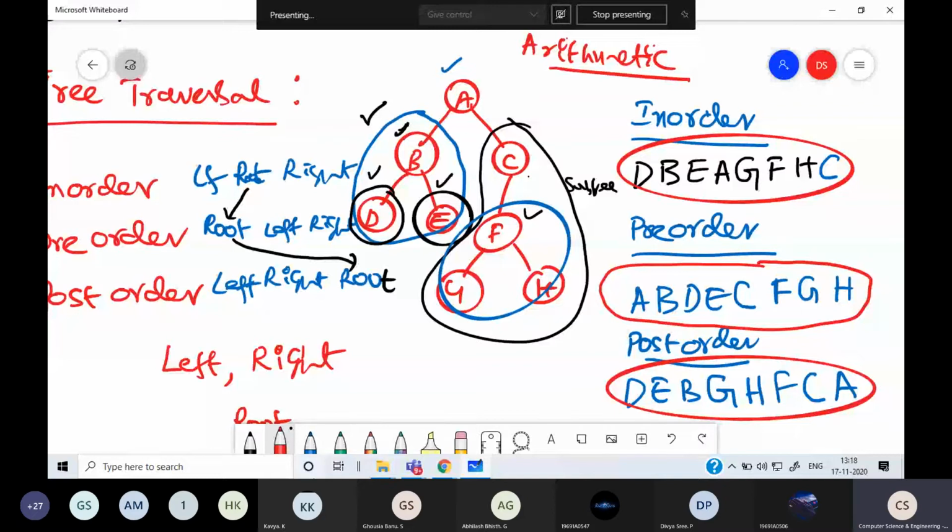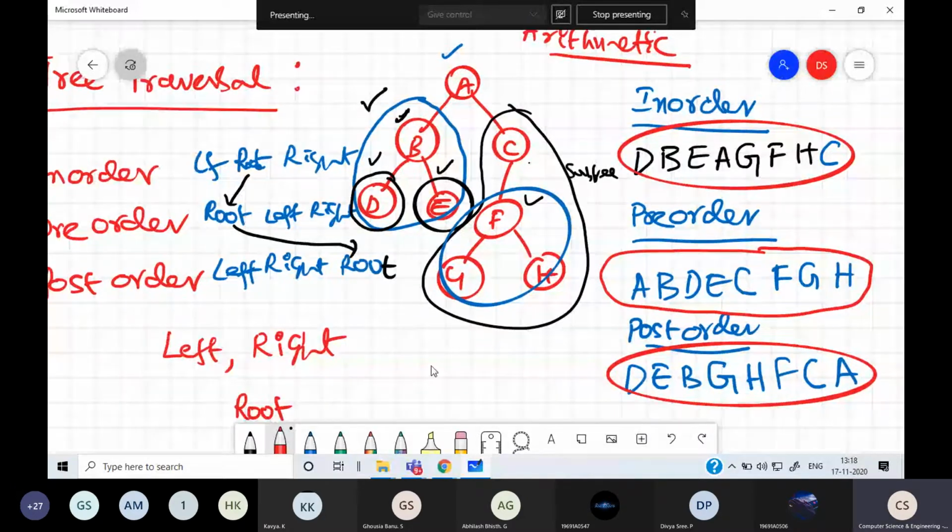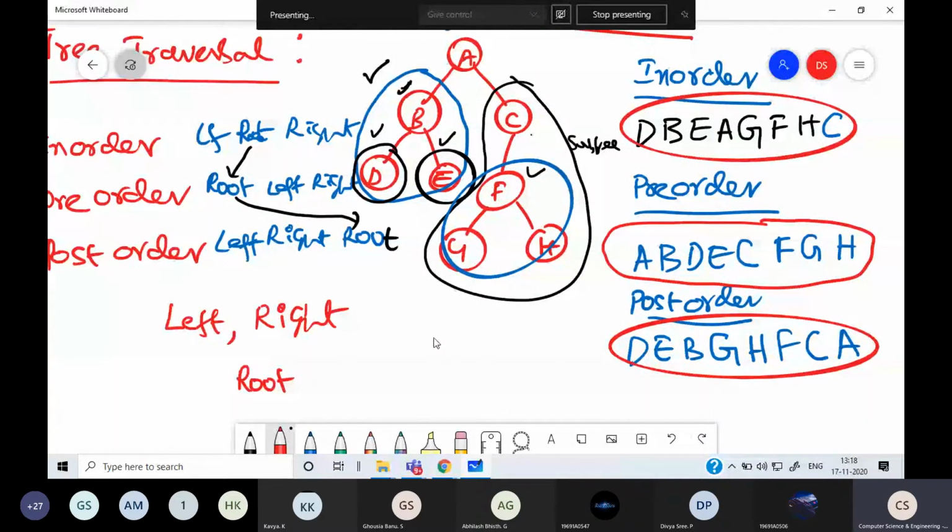This is an important process. Now sometimes in some questions, even in GATE, they will give two traversals. One is in-order, another is pre-order or post-order, and they will ask us to draw the tree. This is a very common question that appears even in several exams like GATE.